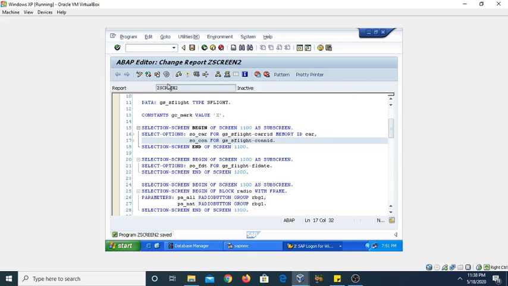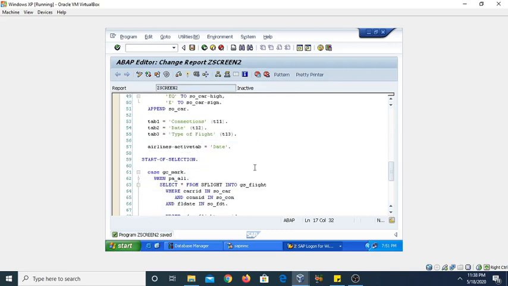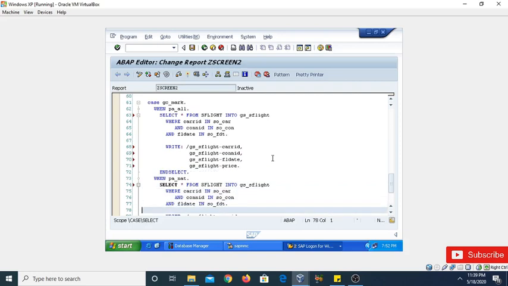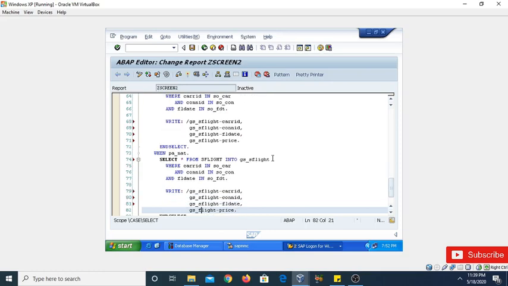Click on the save button. We need to use it in the where clause as GS underscore S flight. Similarly, use GS underscore S flight here. Save button.